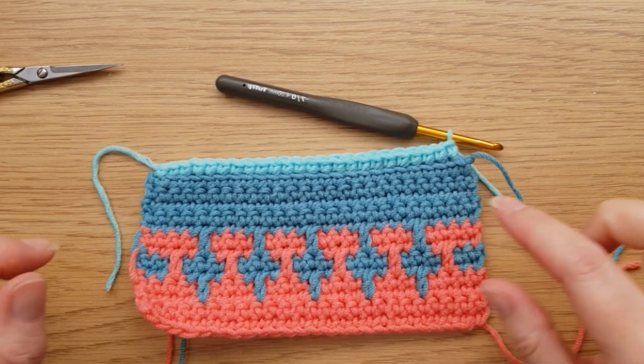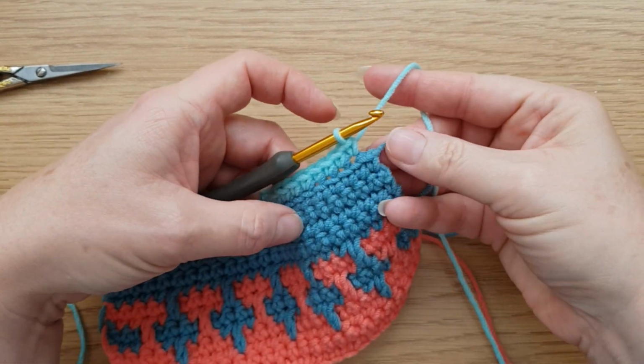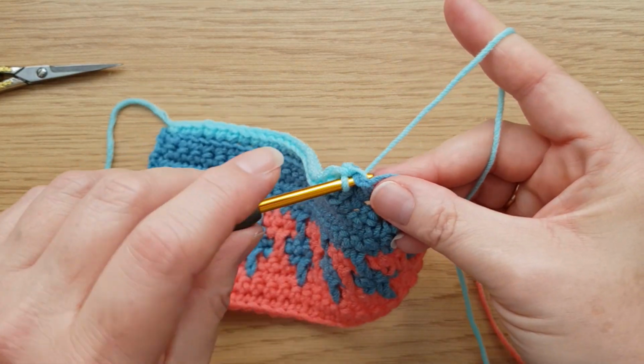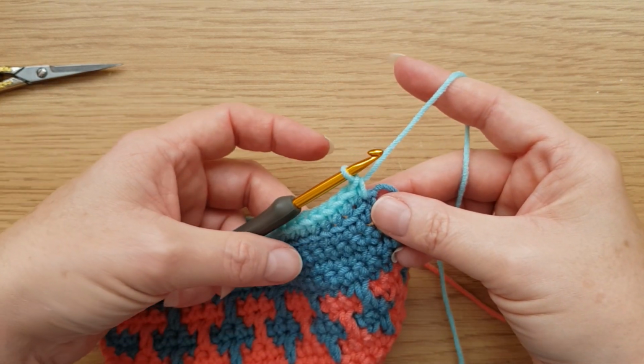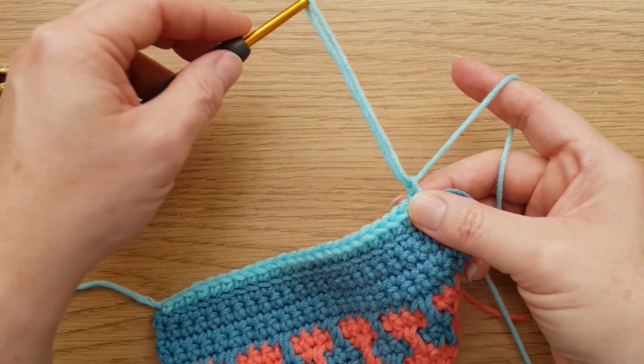Okay, so I'm now almost to the end, and just to show you that very last stitch, make sure you work that through both loops. It just firms up the edge. Right, once we've done that, we can fasten off. So to do that, I'll just pull that through there,